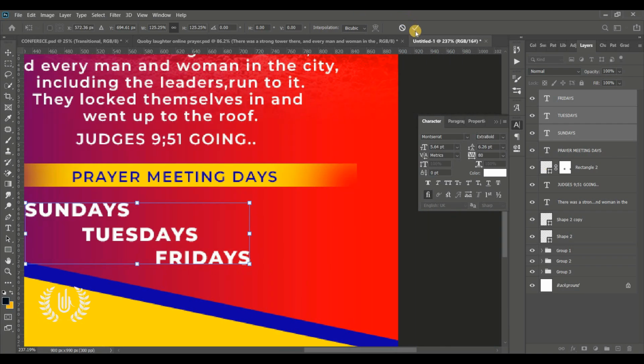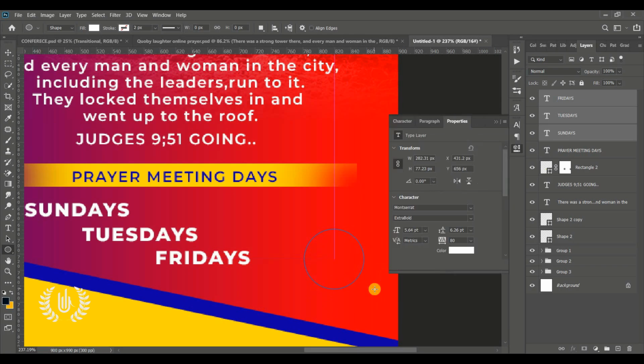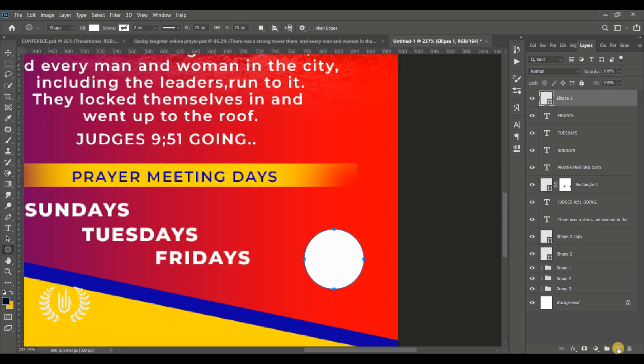Just as you're seeing it on the page. So we'll come to the side and then draw a very nice ellipse right here. It's also going to contain some details. So yeah,